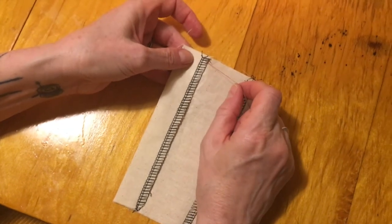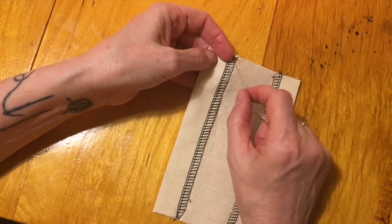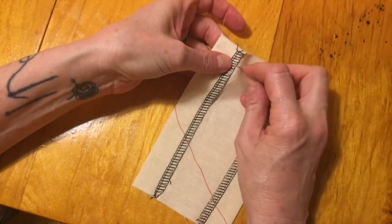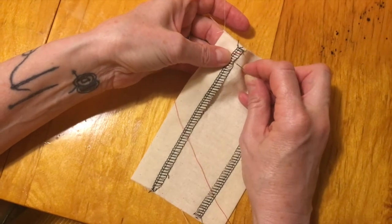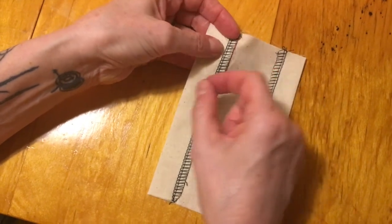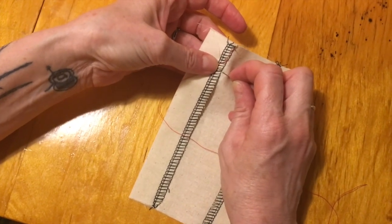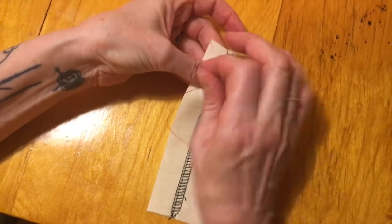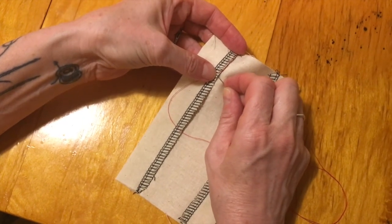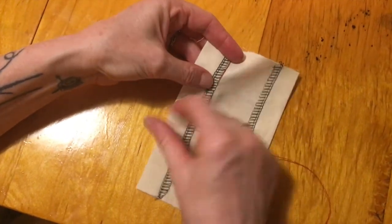Okay, so what you want to do is every time you take a stitch, you're locking your stitch in just so that this is a stronger hem. So what you're going to do is throw your thread to the left. That's on the fold side. You're going to then pick up a few threads on the body of the fabric, stab through the fold. And every time you make a stitch, it makes that loop. So again, I'm throwing my thread to the left, pick up a few little thready threads, stab through to the fold, pull my stitch through. My stitches are maybe 3/8 in between each stitch. I wouldn't go too long,